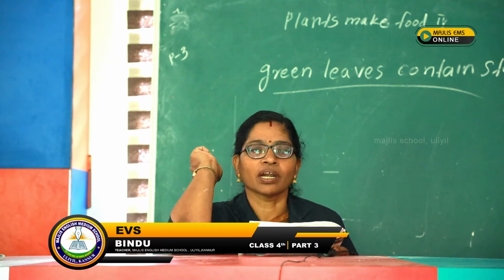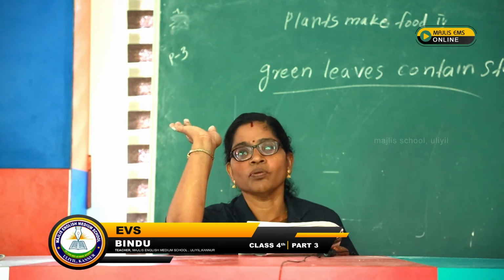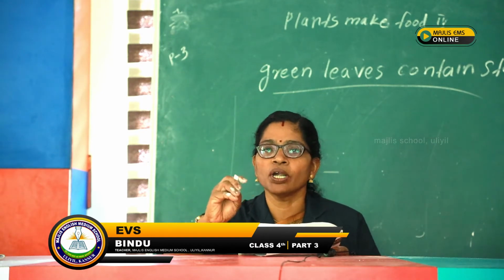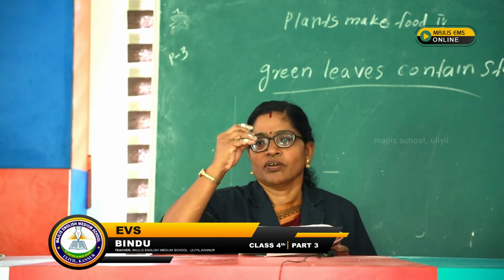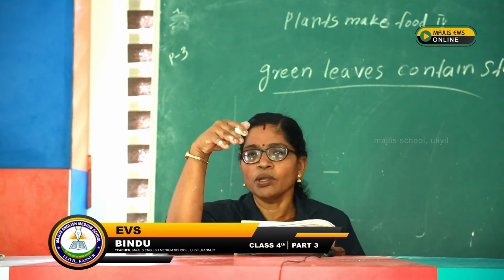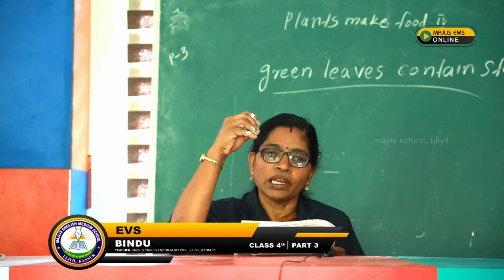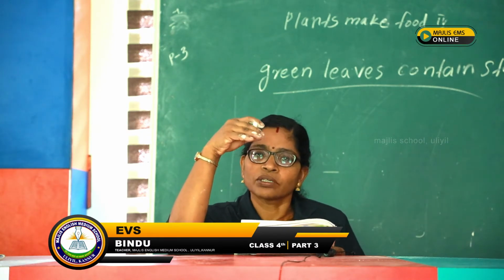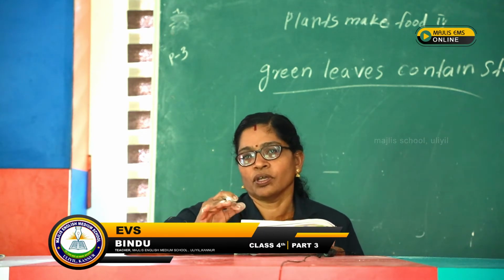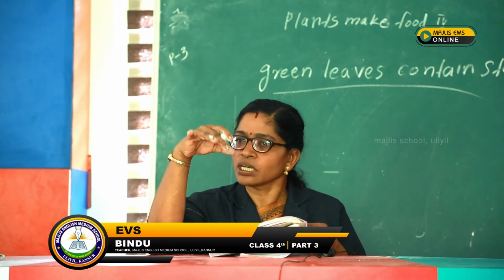Which pigment gives green color to the leaf? That you already know. Very good. Chlorophyll gives green color to the leaves. So, first we want to remove the color. First, you take the leaf and put it in boiling water. Then after boiling in water you put some alcohol and boil it another time. After boiling you wash it with cold water.